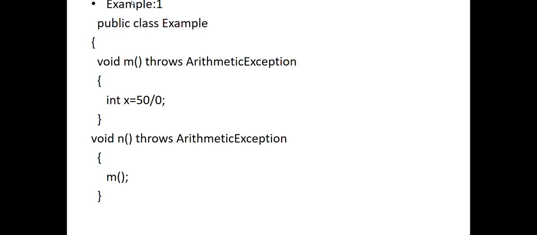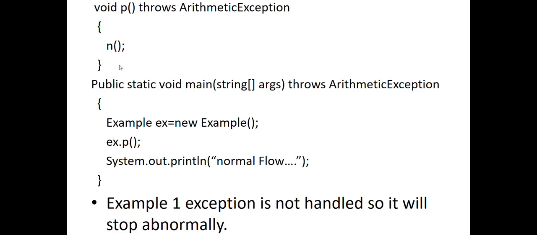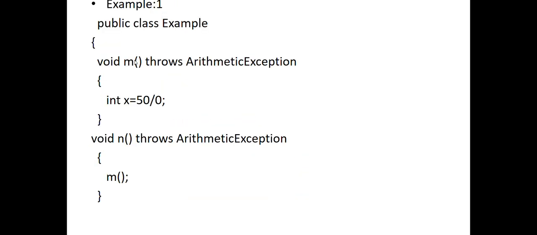So see here in the first example I am creating one class, Example. There are three methods available. Void m is the first method which throws ArithmeticException, because inside that m I'm creating one expression, int x = 50 / 0. So using that expression this method will create an exception, and that exception is not handled, so that method only throws the exception, meaning this is the called method, and the called method just throws the exception to